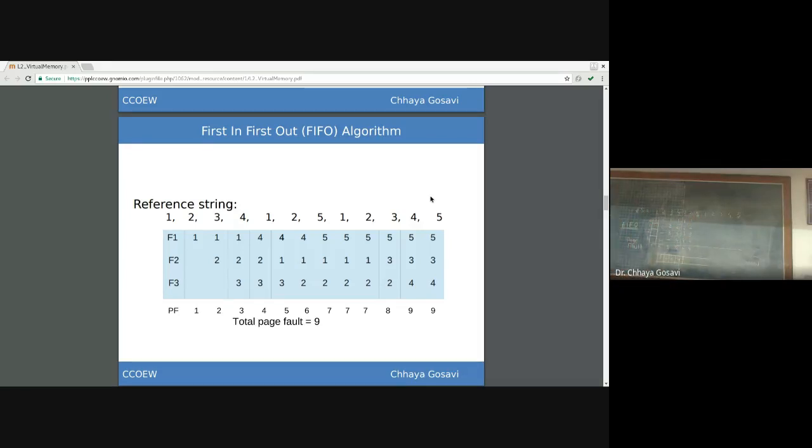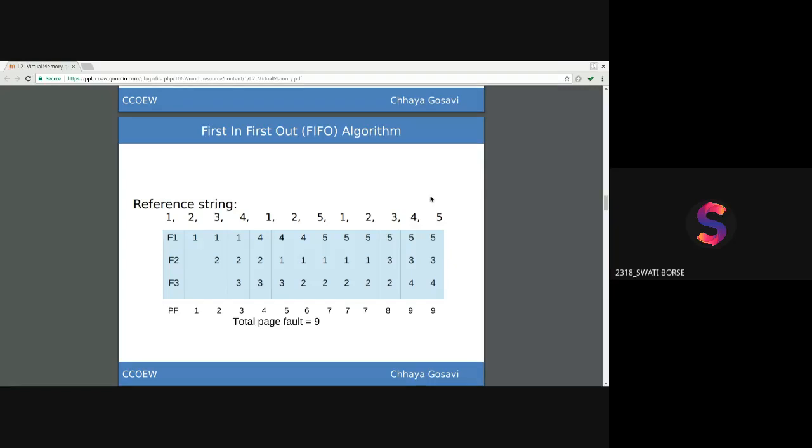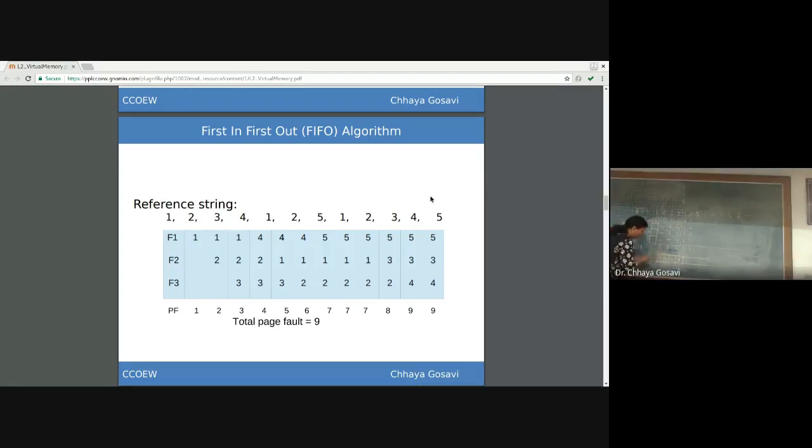Now for 5, the incoming page is 5 and we have to find a victim page. So which page should go? 1. So 1 should be replaced by 5. And page faults are 5. Next page is 1, but 1 is not in main memory. So 2 should go and 2 should be replaced by 1.